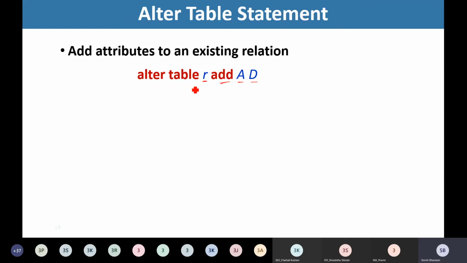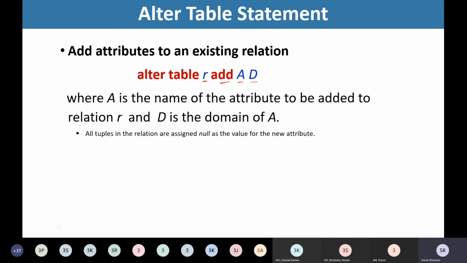So if we forget to add few of the attributes, or later on after building our table, there is a new need of the enterprise, and if we want to add a new attribute in the existing table, then we may make use of this statement, alter table, name of the table, add, then name of the attribute to be added with its data type.